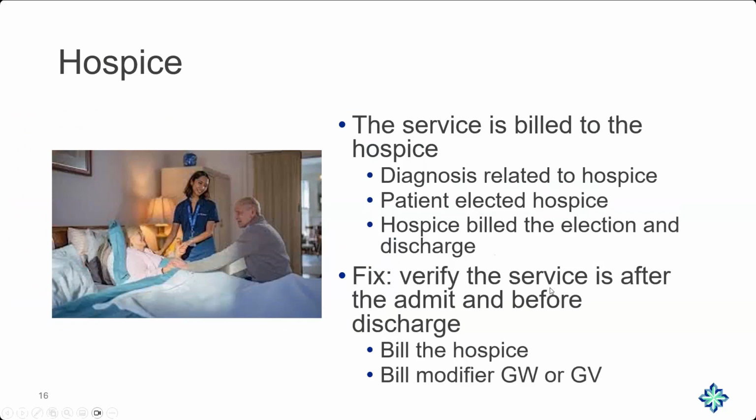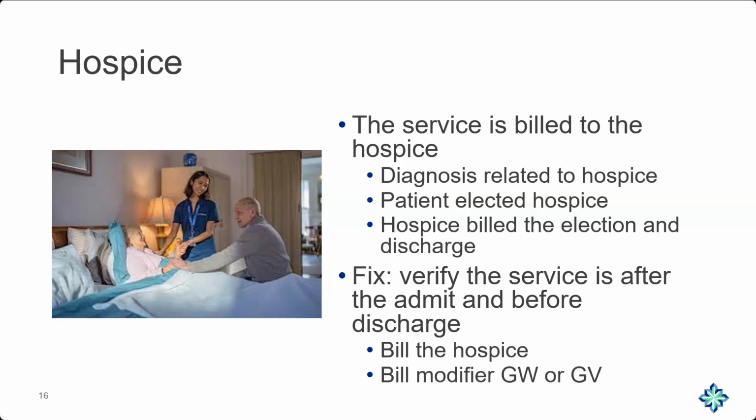Also, hospice. Now, this again is one that is a little confusing for some people, so we do want to talk a little bit about hospice. So first of all, it has to be the diagnosis related to the hospice. If it's not, and it's an unrelated service, you do need to bill that accordingly. Now, the diagnosis is not just the hospice diagnosis. It can be within the family of diagnosis, so that's where it gets a little bit confusing. What the patient does is elects hospice care and an individual provider to do non-medical care for that condition. That's what the hospice care is. It's comfort care, or a variety of other terms used for it. They can discharge themselves or remove themselves from hospice at any given point.